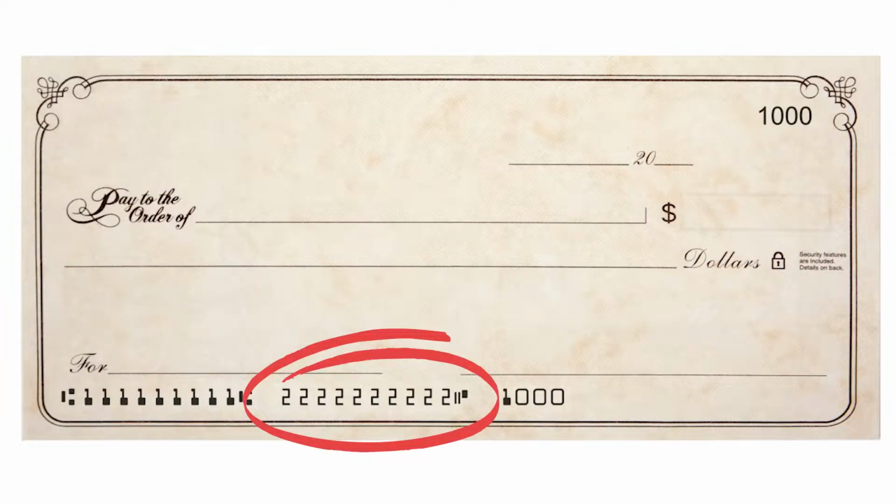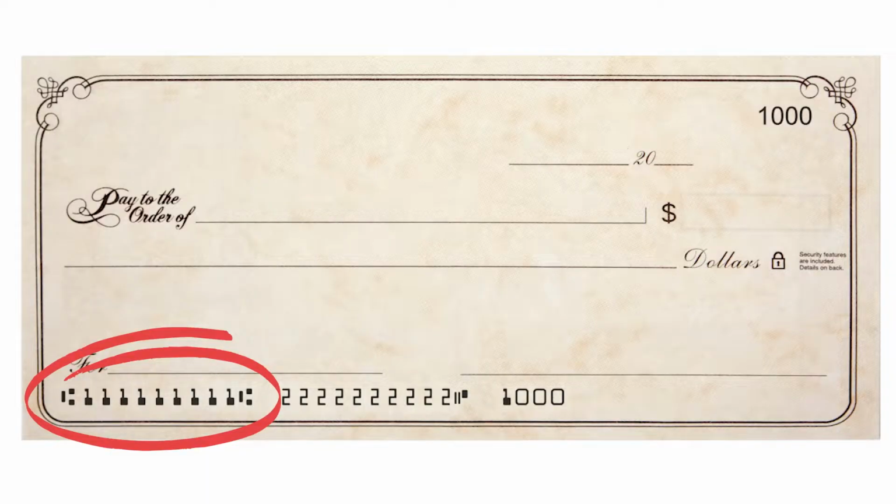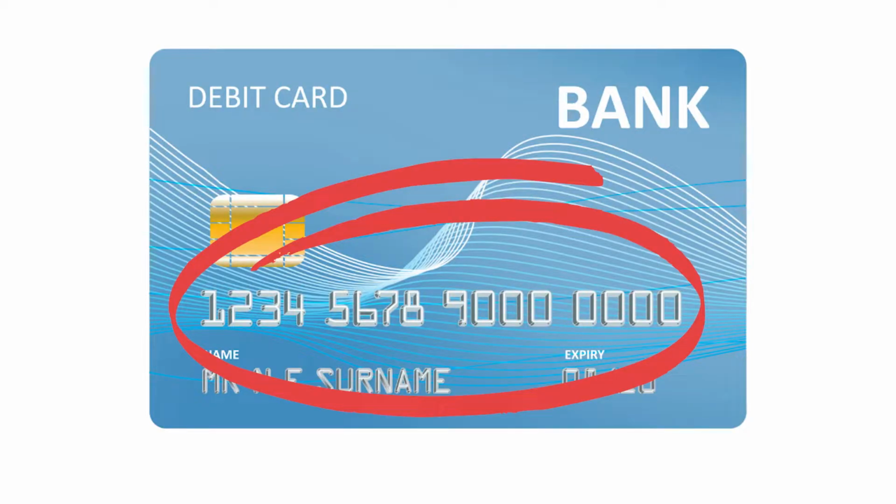Your account number identifies your bank account with the bank, and you also have a 9-digit routing number which identifies your bank itself. Keep in mind too that if you have a joint bank account, you can actually have two different debit cards, one for each person, and the debit cards will have different numbers, but they still go to the same bank account. So the best way to find your 16-digit debit card number is to look at the card